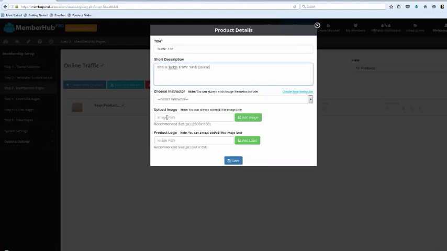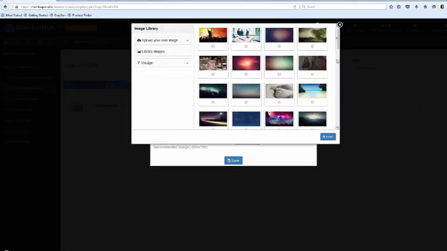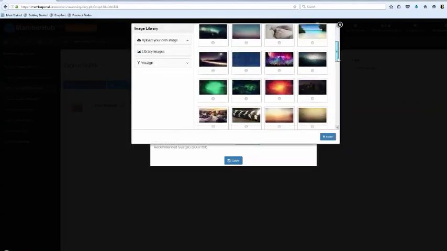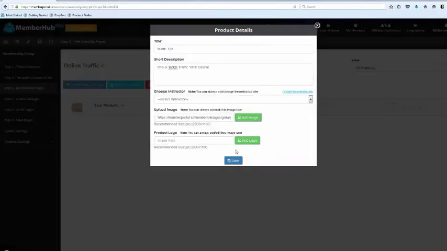Guys, this is key. Once again, we don't want you messing with designs, Photoshop. We want you to have no technical obstacles whatsoever. So whatever you choose for an image, we're going to do some amazing stuff with this. So I'm going to go ahead and click Add Image. I can pull in one of his existing ones, or I can just come over here and just choose something else. So I'm dealing with traffic. I'm going to go ahead and pull in this car here. I'm going to say Insert, and we've got the dimensions that we want it to be.